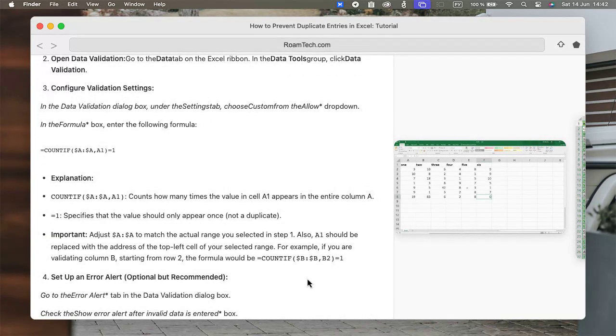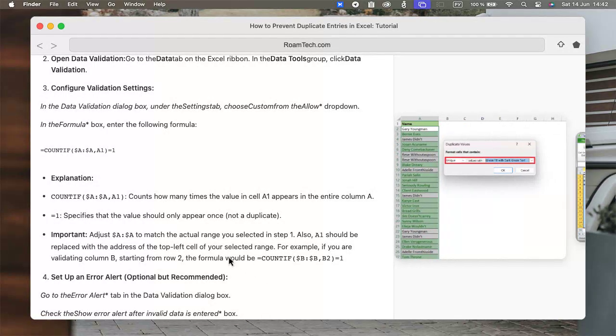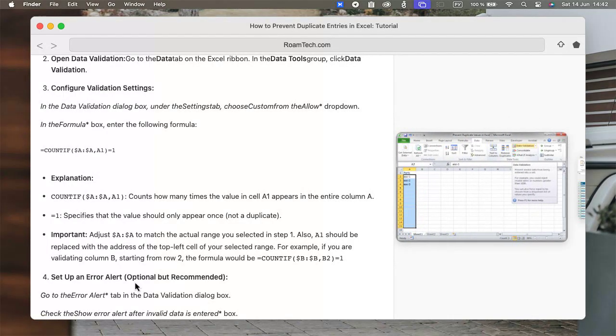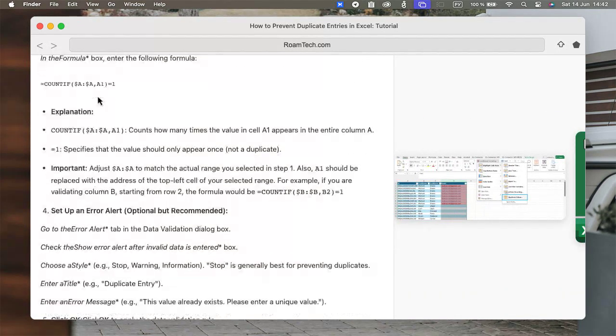Today we will be discussing a very common problem in Excel, duplicate entries. It can mess up your data analysis, skew your results, and frankly, just be a pain to deal with. In this video, we'll be showing you several easy and effective methods to prevent duplicate entries in Excel. We'll cover everything from using data validation to conditional formatting, and even a few more advanced techniques for those of you who are a bit more Excel savvy. By the end of this tutorial, you'll be equipped with all the tools you need to keep your spreadsheets clean